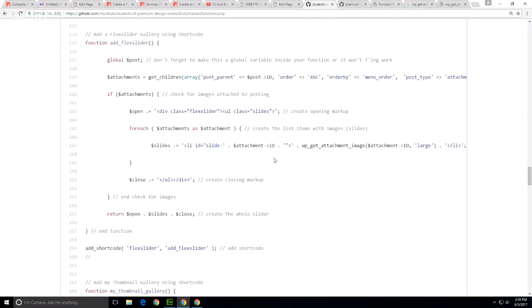Does that make sense? So instead of saying post ID, post is now attachment,